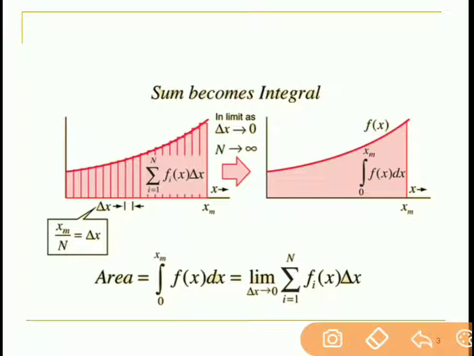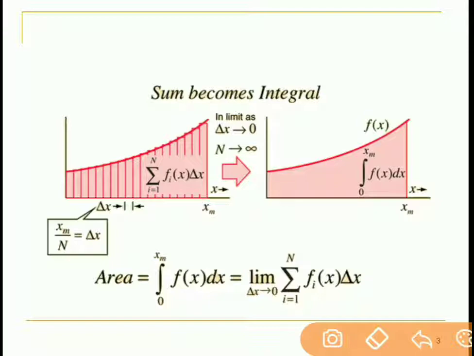And if we add the small rectangular areas, then we get the total area with the formula sigma. Sigma means the summation of areas of all the rectangular strips. So that is equal to sigma of f(xi) into delta x, where i is from 1 to n. So there are a total of n rectangular strips. For i equal to 1, f will be equal to f1. So this factor, f(x), will vary in all the rectangular strips.